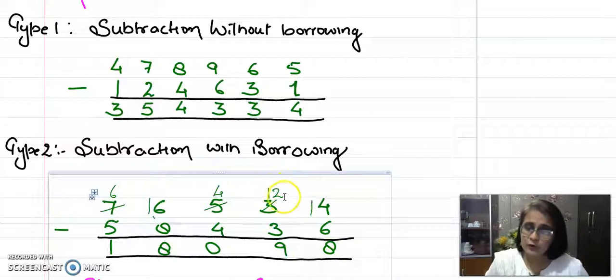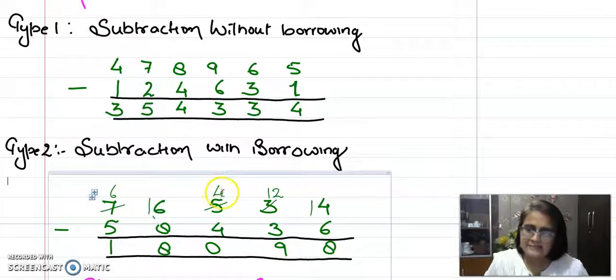Now let's come to the tens place. अब वो number क्या है? That is 2. Now again I can't subtract 3 from 2. Yes, so what will I do? I'll go for borrowing. I'll take one number from 5. Now when I take one number from 5, वो 5 क्या हो जाएगा? एक नंबर से reduce, मतलब 5 क्या हो गया? 4, और वो हमारा 2 क्या हो गया? That is the number under the tens place. ये क्या हो गया? 12. Right बेटे? So 12 minus 3 is 9. Is that clear? Understood?